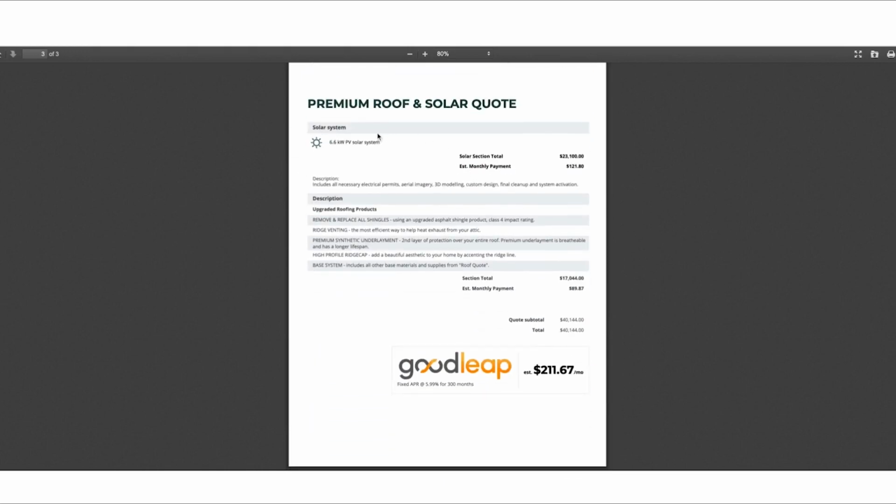And then the final page is a premium roof and solar. So again, this solar section included, upgraded roof, and here's your total and your financing over 25